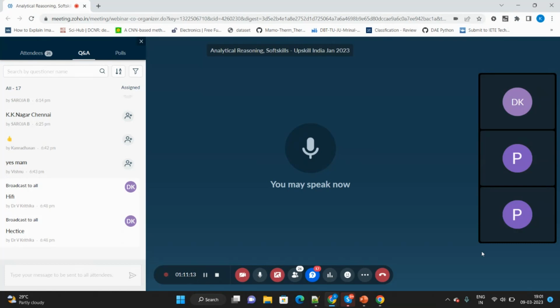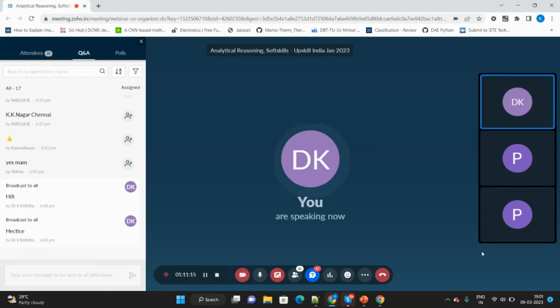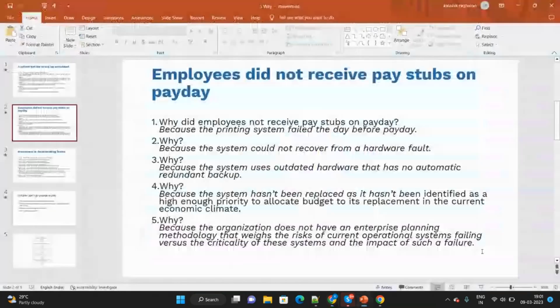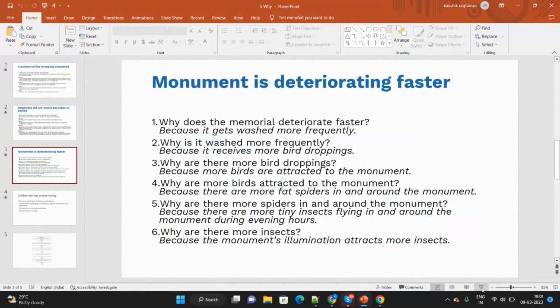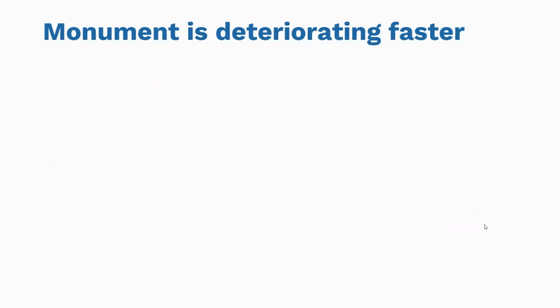Okay, fine. So now let us go to the next example. I took 4 or 5 examples so that this is completely clear. Okay, right. So now